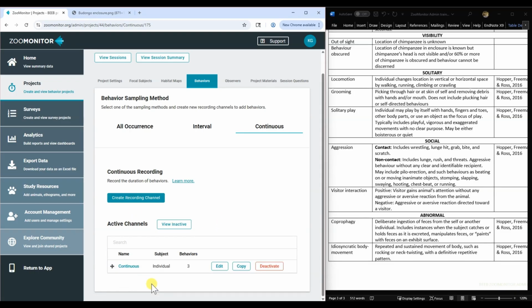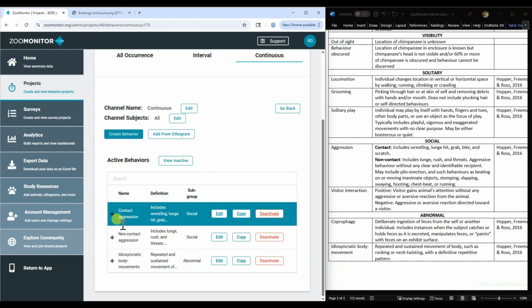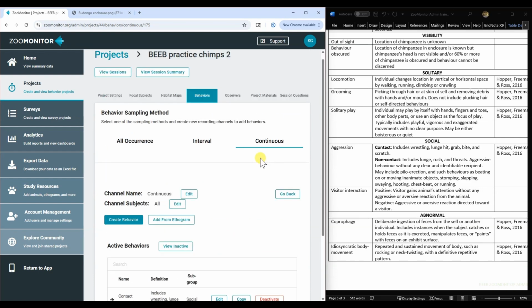So you can have multiple continuous channels, but yeah, when we click it, you'll see these 3 behaviors. And again, reminder, only for individuals. You cannot record a continuous channel for a group. All right, so